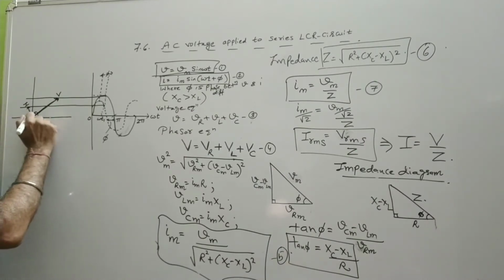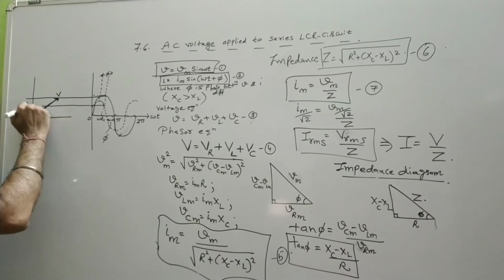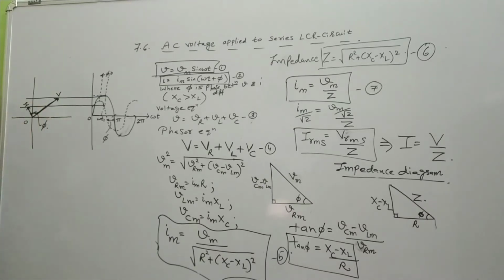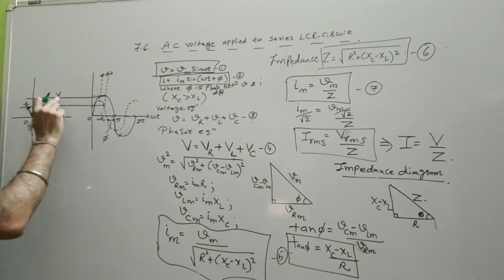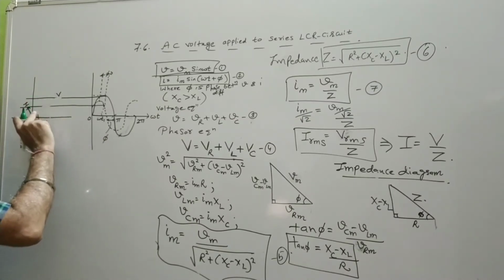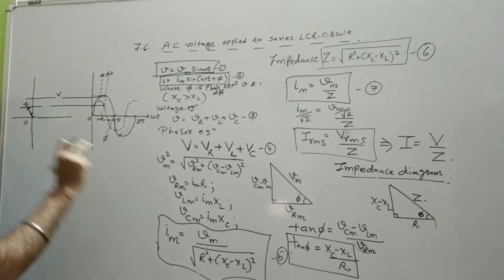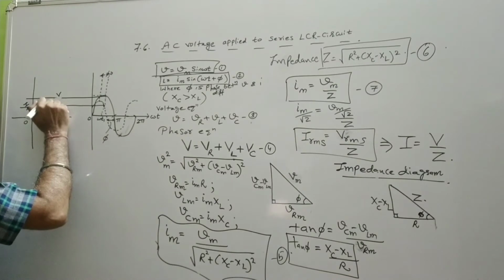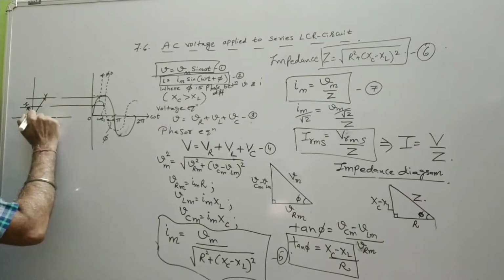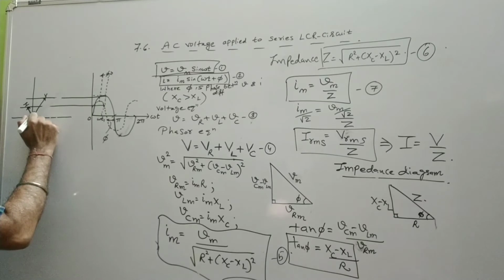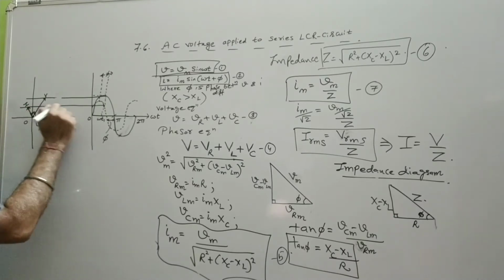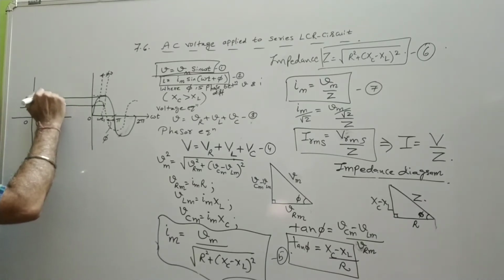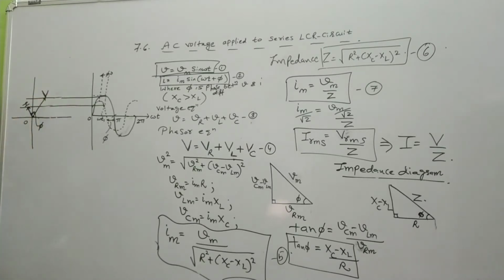This angle should be phi. Though here it seems that the angle drawn is 90, when we draw this diagram properly, you have to remember this angle should not be 90 degrees, because the phase difference is obtained from the formula for tan phi. So don't draw this as 90 degrees. The angle is phi, where phi is the phase difference between V and I. So this is phasor V and this is phasor I.